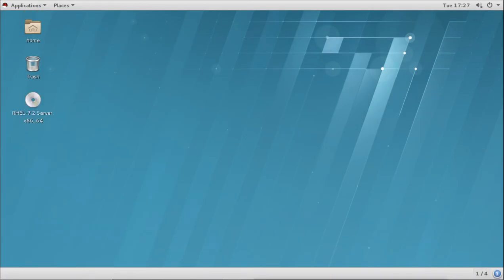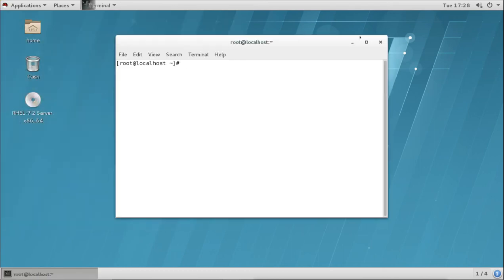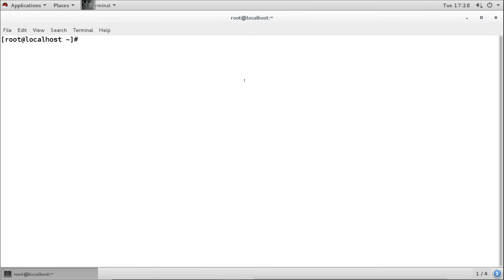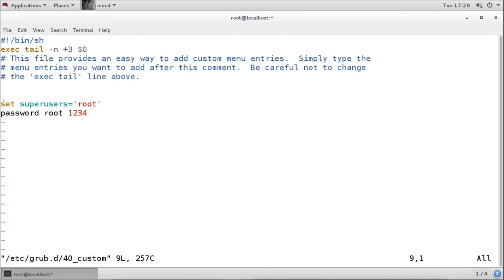The grub configuration files are under the /etc/grub.d directory. Those template files are used to configure the password on grub. When we try to remove it, we can easily see the password. The password was actually configured under this file, in the /etc/grub.d directory, in the template files for grub, and under this custom file. So when you see the file, it was configured here.